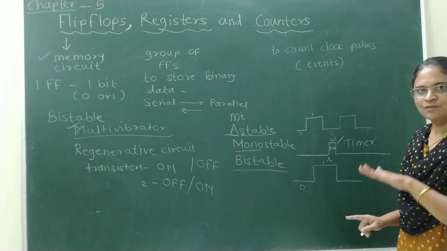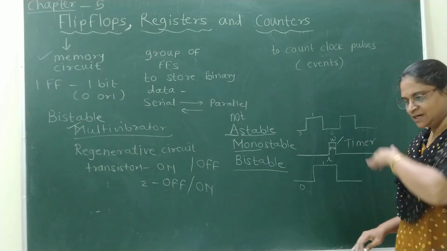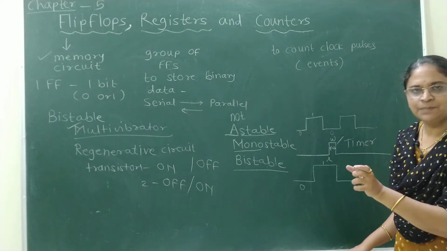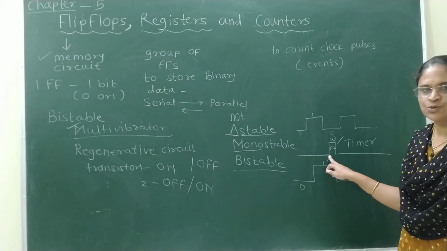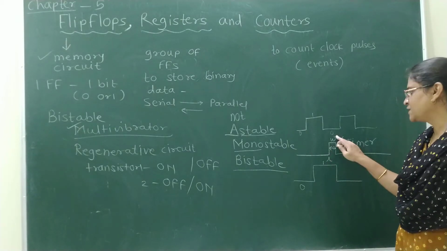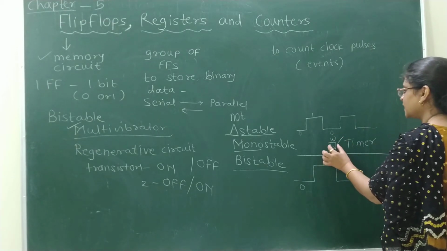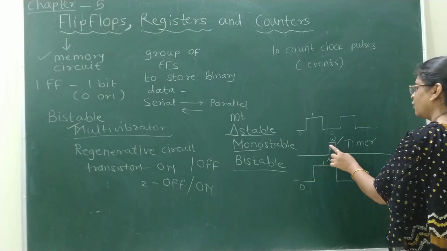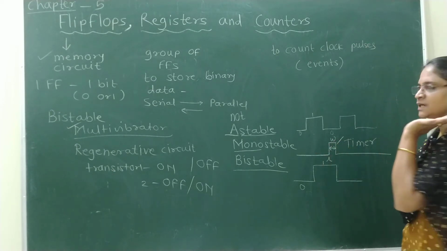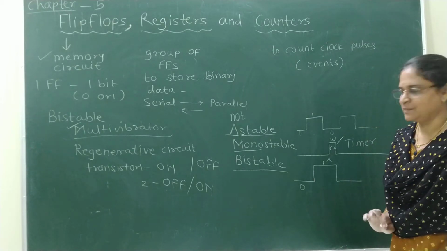Its one state is always stable, either low or high. If it is in a high state, it will go for a certain time period to the low state as the unstable state. Here it is shown that the low state is stable, it changes to its unstable state for a specific time period, that is the width, and after completion of that time period, it will automatically return to its stable state, which is not the case in a bistable multivibrator.